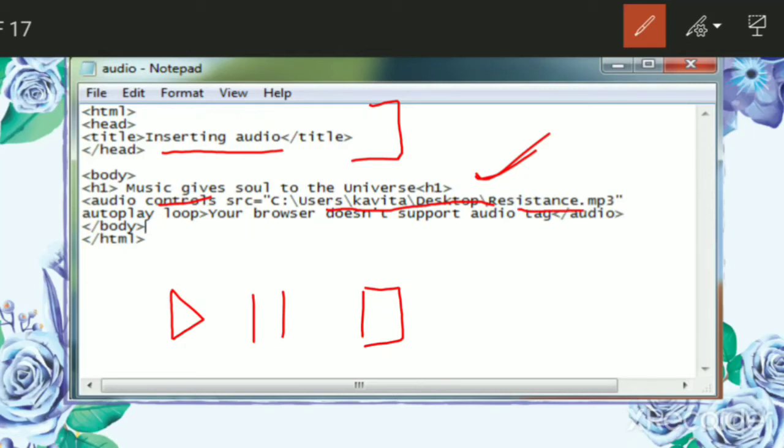only then the audio file will be inserted into the web page. Okay, and if there is any mistake, the music file will not be displayed on the web page. After that, we have used the attribute autoplay, which will play the audio file automatically once we load the web page. The last is loop. Loop means once the audio is finished, it will again replay it. Okay, and next we have "Your browser doesn't support audio." This is a simple text we have written, that if in case the browser doesn't support the audio tag, it will display this message. Okay, and as the audio tag is a container tag, it will have an ending tag also.